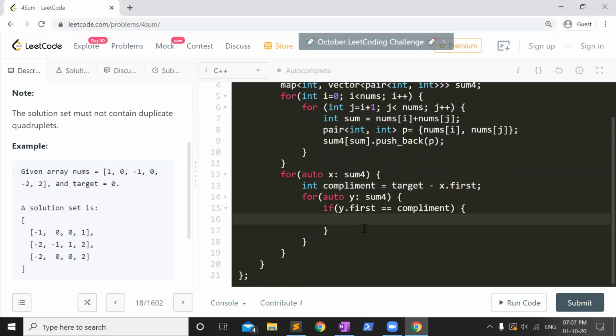Continue. Okay. So another thing, we have to make sure that these two things don't match. How will we do that? I mean, in here there can be overlaps, right? So to prevent that, what we'll do is use x dot second, the vector. So the vector has to have at least two of those, as in